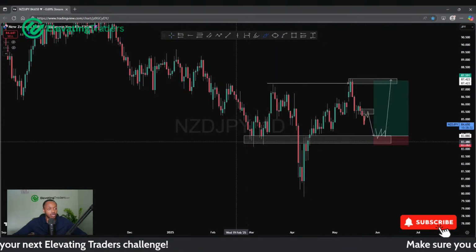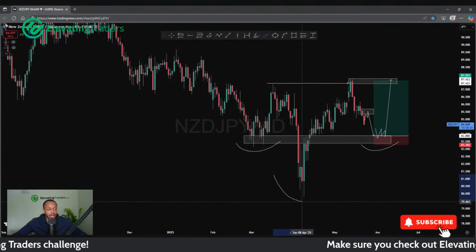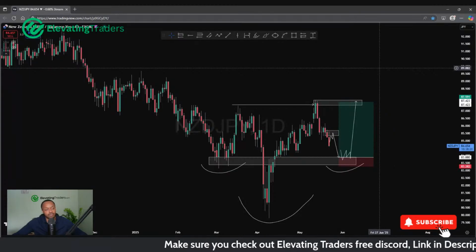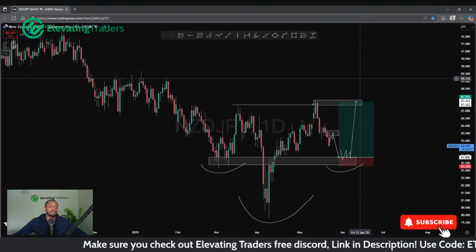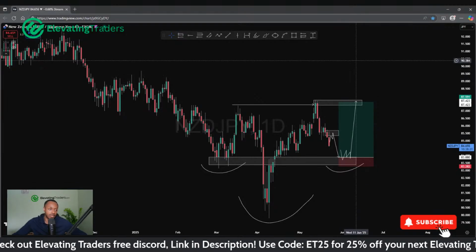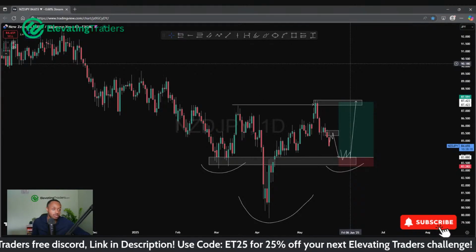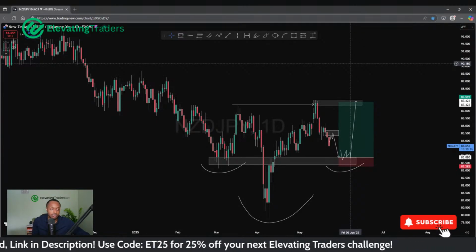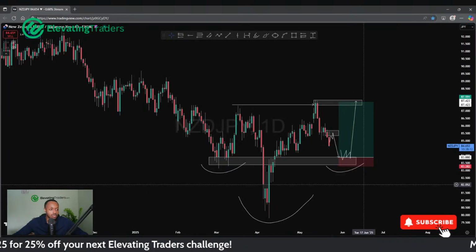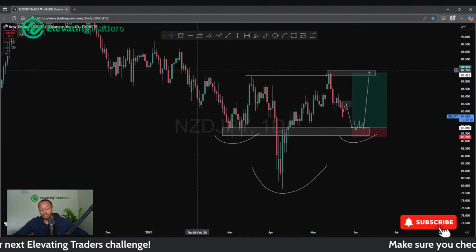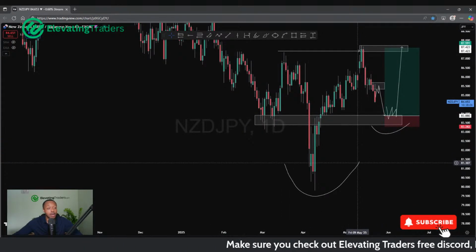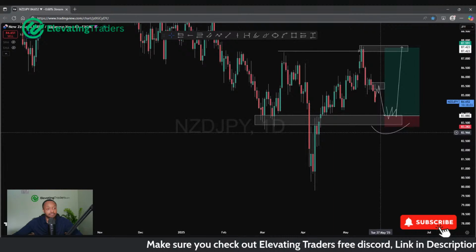Reason why I'm bullish on both of them, because they do the same thing 9 times out of 10. If New Zealand yen is going to make this move here, back to resistance and higher, it's going to be very unlikely for Aussie not to do the same. It might do it at a slower pace or take a little bit longer, but it will most likely do the same move. So if I do see a decent buy opportunity on Aussie yen or New Zealand yen, I'm just going to pick the better one and trade that pair. But yeah, New Zealand yen buys look really good to me.